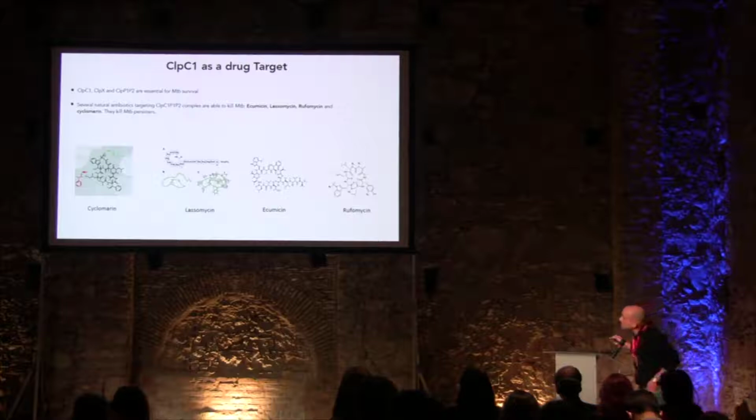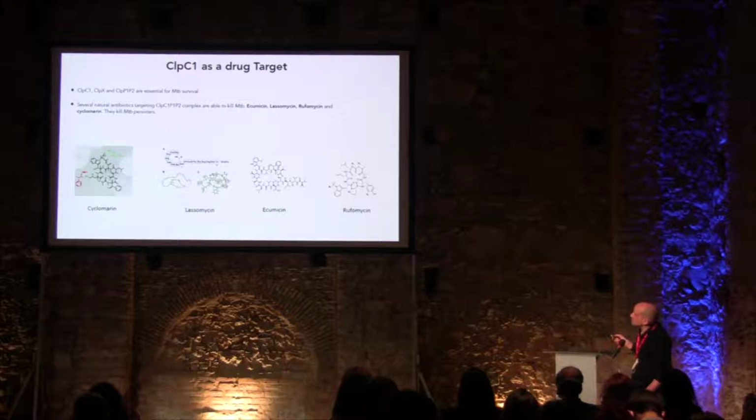The protein I've been working on for some years, in the title I put new, but in fact I've been working for more than 6 years on this target. It's called ClpC1. ClpC1 works exactly as I mentioned before. It binds to ClpP and inserts protein substrates inside, and these proteins are degraded. What's interesting about this ClpC1 is the fact that we have so far 4 natural product antibiotics that act on this protein.